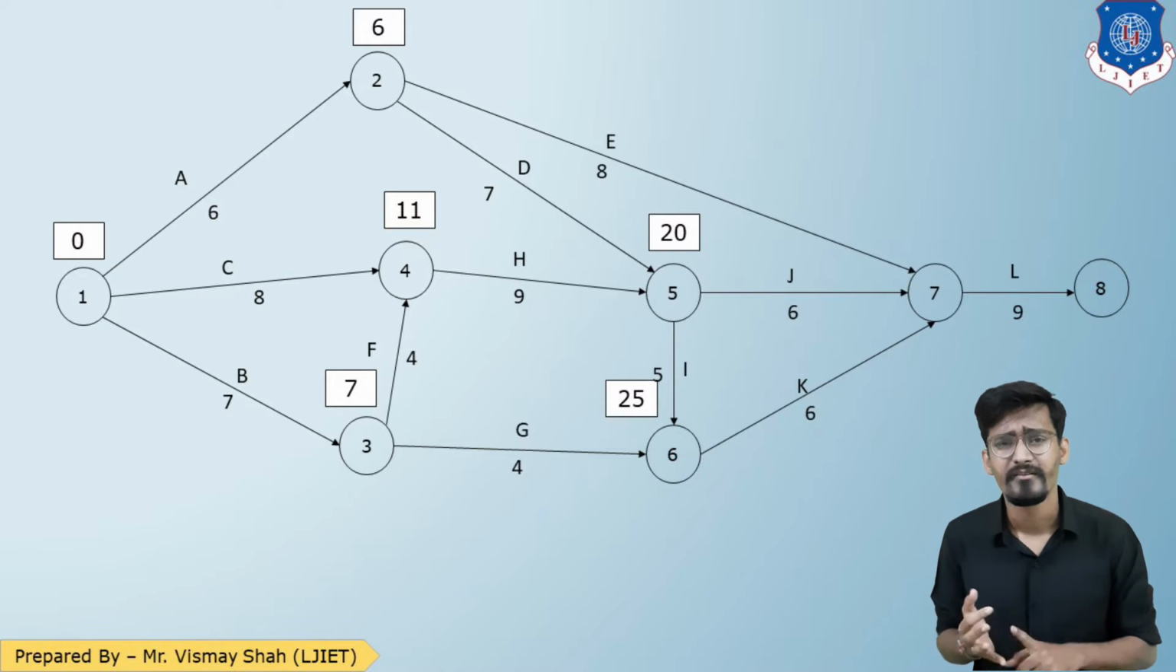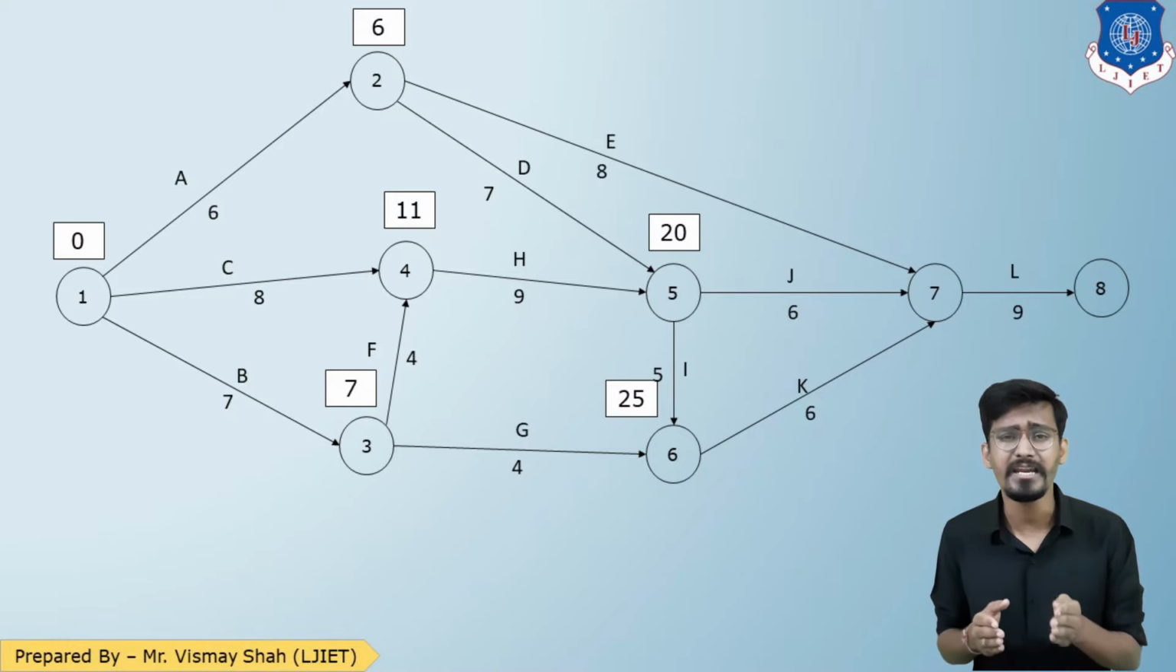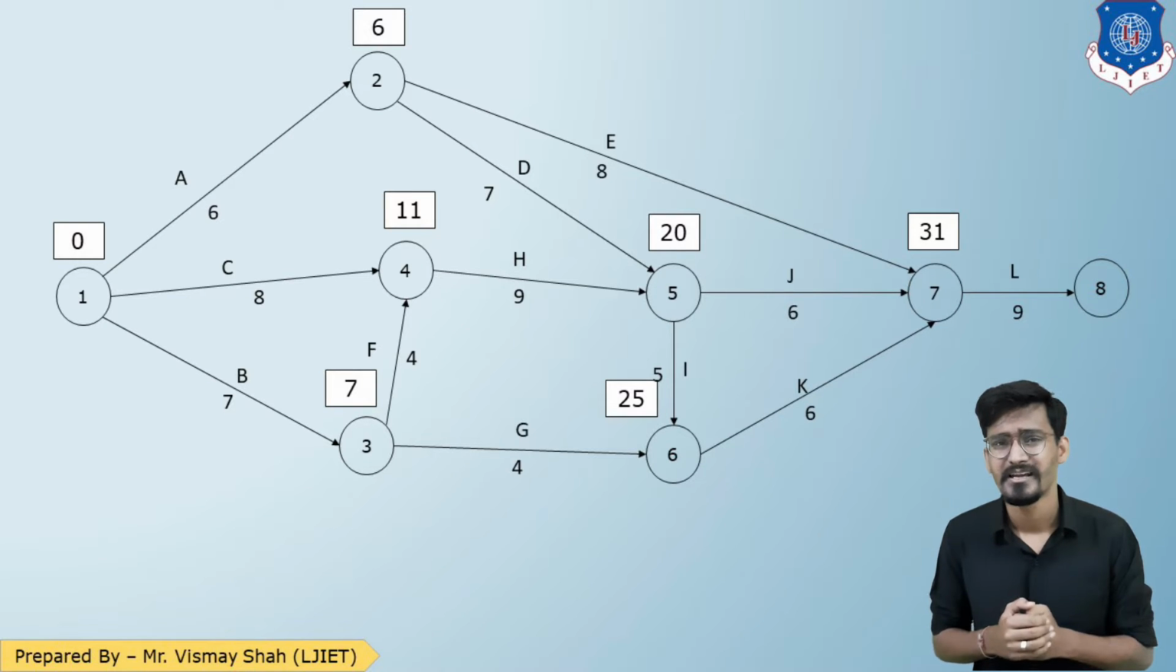2 to 7, 5 to 7, 6 to 7. So if I go from 2 to 7, I'll get 6 plus 8, 14. If I go from 5 to 7, 20 plus 6, 26. And if I go from 6 to 7, 25 plus 6, 31. So 14, 26, 31. Maximum is 31. And the last is